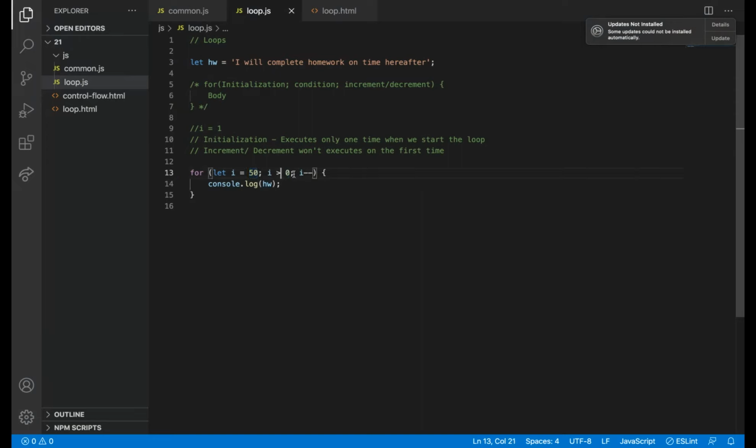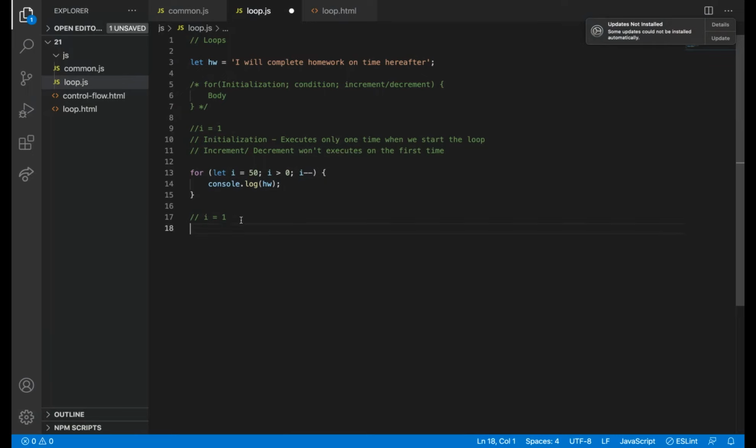So 50 is greater than 0, yes. Then I minus minus, so it will be decremented one by one, till I is 1. Then it will check 1 is greater than 0. Yes, it is true.